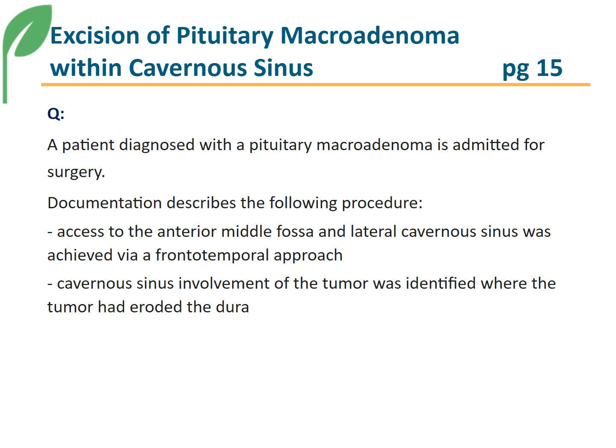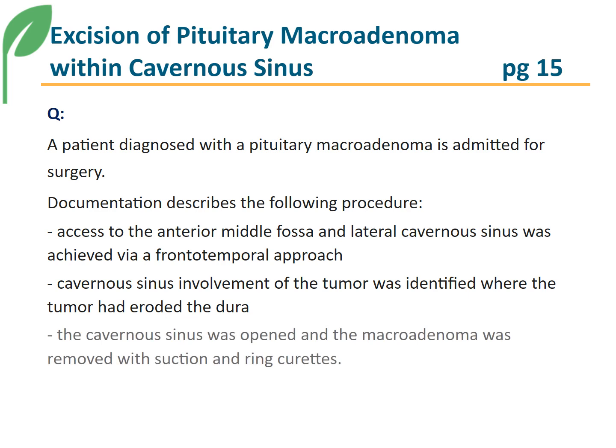Here we want to make sure we know what a cavernous sinus is. The cavernous sinus is one of the dural venous sinuses of the head. It's a network of veins that sit in a cavity, and in an adult it is approximately 1 by 2 centimeters in size. Continuing with the procedure, the cavernous sinus was opened and the macroadenoma was removed with suction and